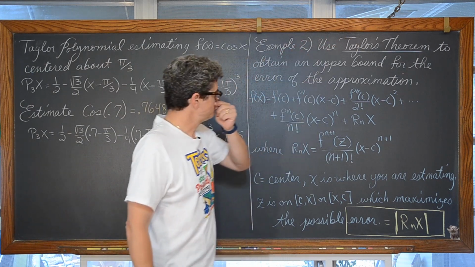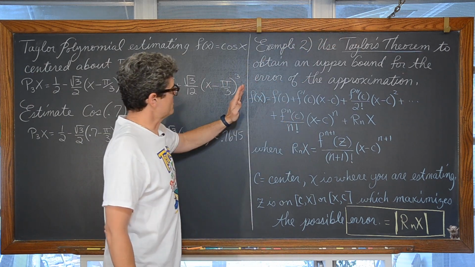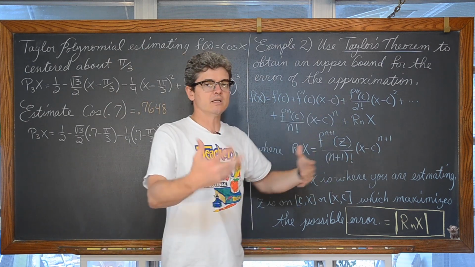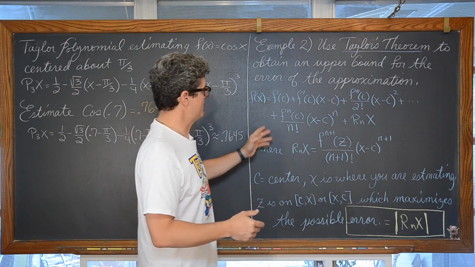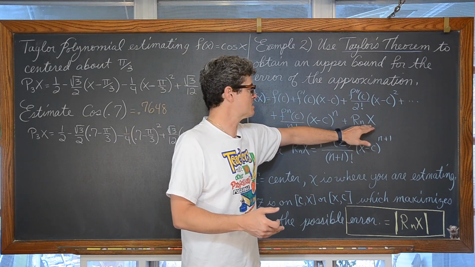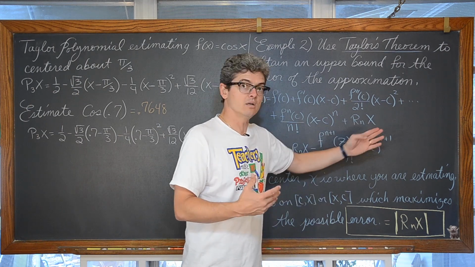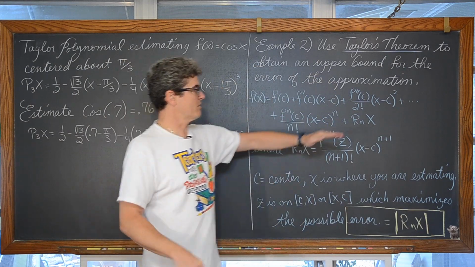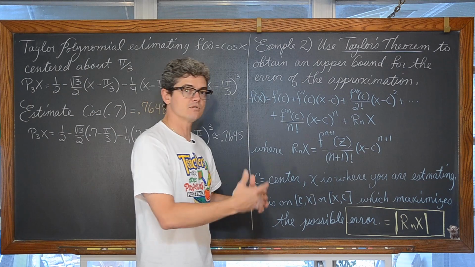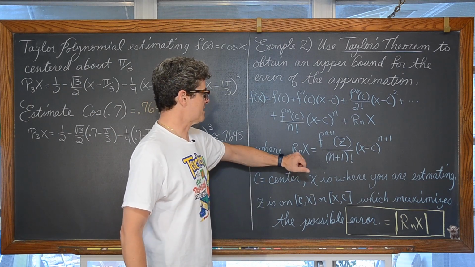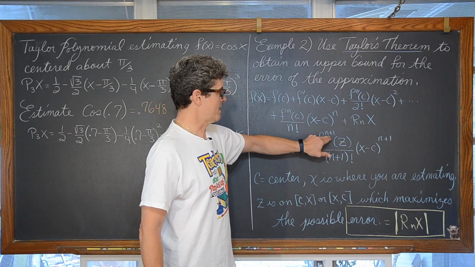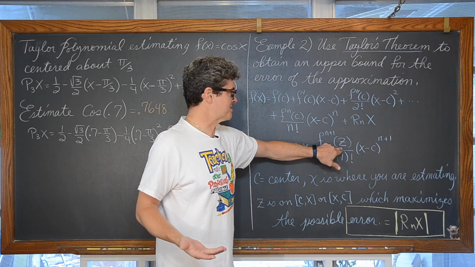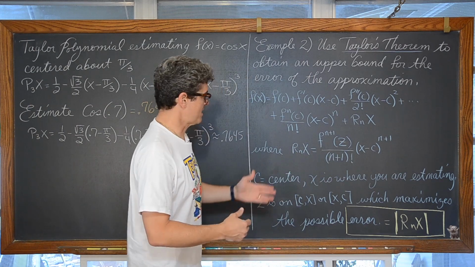Well, Taylor's theorem says that we have f of x is equal to f of c plus f prime of c times x minus c. We're just seeing that definition that we saw on the previous screen, but now we're adding this extra term at the end, r sub n of x, the remainder, the error. Now the error is actually the absolute value of r sub n of x, but the remainder is that Lagrange form of the remainder: r sub n of x is equal to the n plus 1 derivative of f of, now all of a sudden this other variable z pops in, which you may very well see in your textbook. It's not in every textbook.